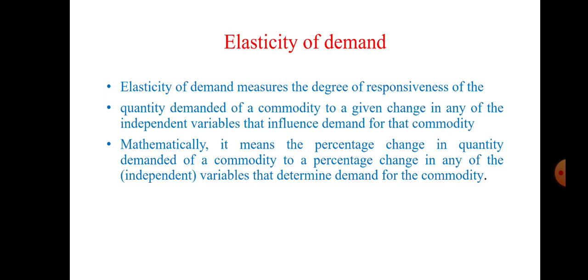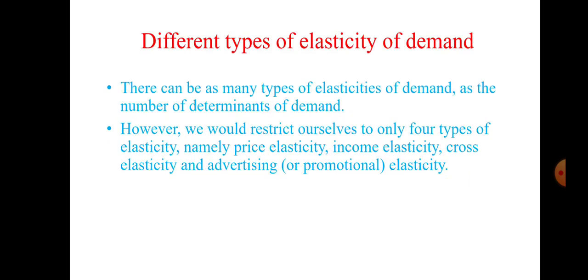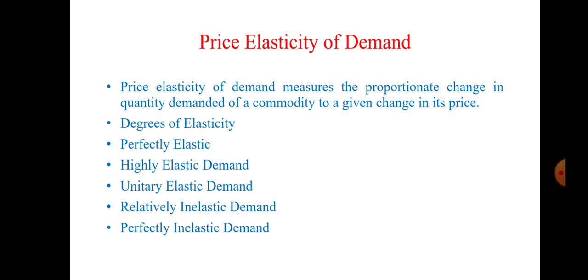Now let us discuss the next important concept under demand, that is elasticity of demand. Elasticity of demand measures the degree of responsiveness of the quantity demanded of a commodity to a given change in any of the independent variables that influence demand for the commodity. Mathematically, it means the percentage change in quantity demanded of a commodity to the percentage change in any of the independent variables that determine demand. So elasticity refers to the responsiveness of a buyer or consumer towards a product. There can be as many types of elasticity of demand as there are determinants of demand. However, we will restrict ourselves to only four types: price elasticity, income elasticity, advertising elasticity,